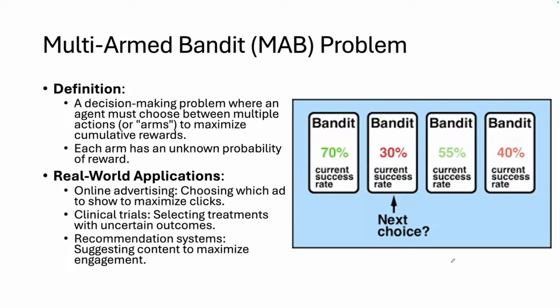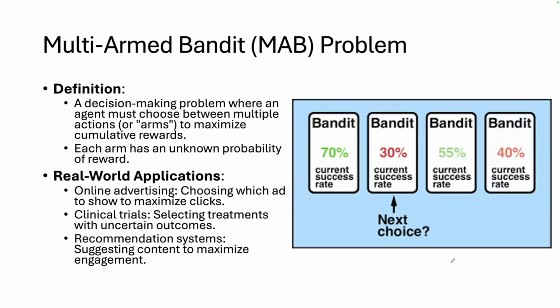So the multi-armed bandit problem is, imagine you walk into a casino. And it's a theoretical problem that there are these bandits. And bandits are what they used to call slot machines, by the way. So you walk into a casino and there's these slot machines there, and they're called bandits because they steal all your money. I know that slot machines are very complex today, but imagine a simplified problem where you pulled the lever on the bandit, it's called an arm. You pulled the arm on the bandit.